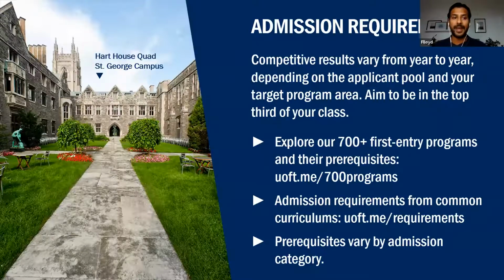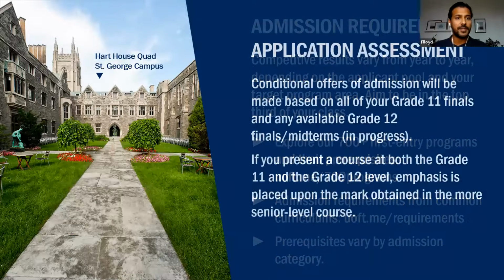Admission for us is based on your system of education. So if you are a student doing the British pattern, we're going to be looking at your O levels and your A levels. If you are a student in the US, we'd be looking at your US high school transcript. If you've chosen to do SATs, we might consider them, or ACTs. If you are doing APs, we would ask for them to be completed. And if you are an Ontario high school student, we'll be looking at your OSSD marks. So again, we're using your system of education in the application process.